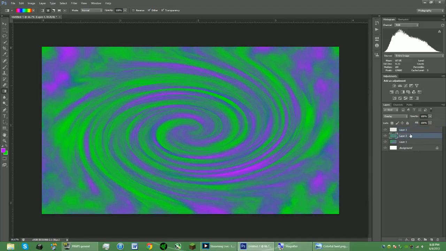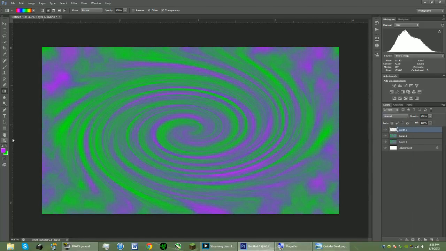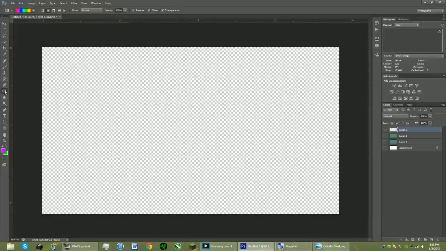So I'm going to create a new layer here. This thing can go down in opacity a little bit, as can this. Alright. This guy is going to be our color blending. So we're going to hide all these other guys for now. We're going to go back to our brush, and we're going to try just